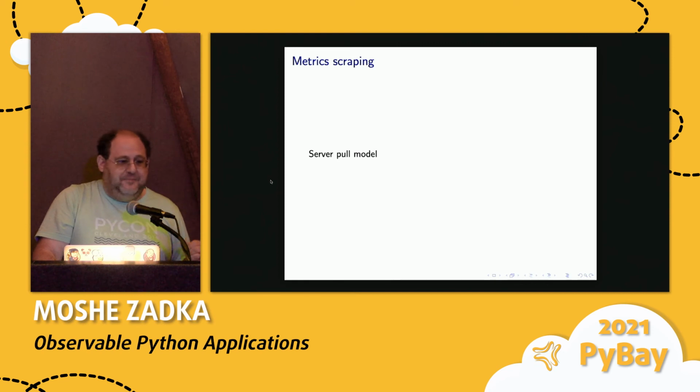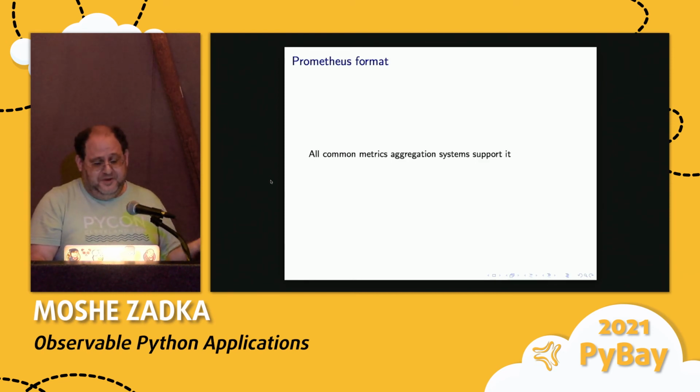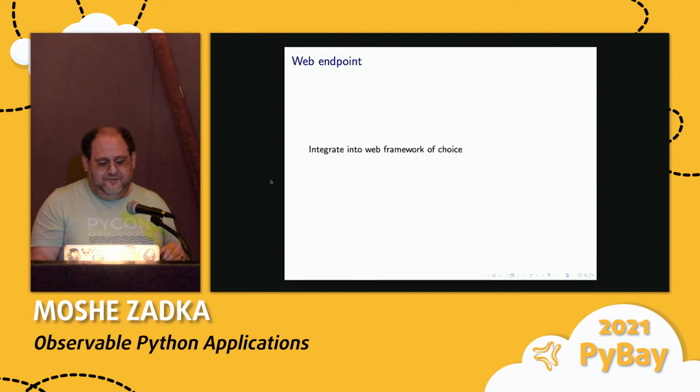you're doing metric scraping. If you're doing metric scraping, the thing I recommend is using the Prometheus format. Even if you're not using Prometheus, you don't care where it's coming from, because all the common metric aggregation systems support it, so you're investing in the future. I'm not going to go into the details of the Prometheus format too much, because you can use whatever framework you want, and I certainly do not have the time to